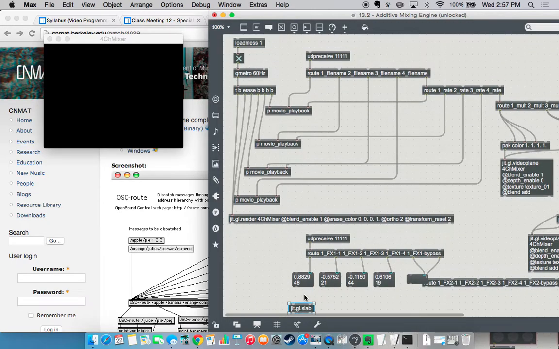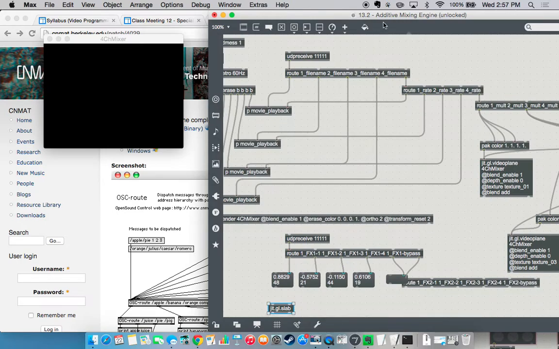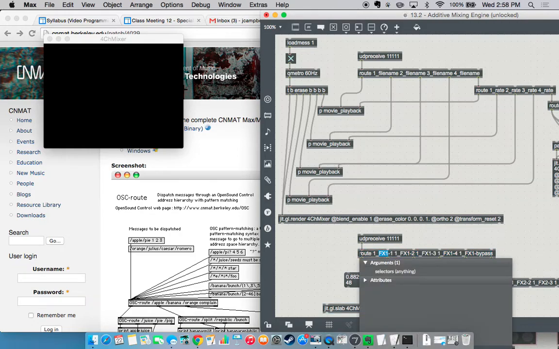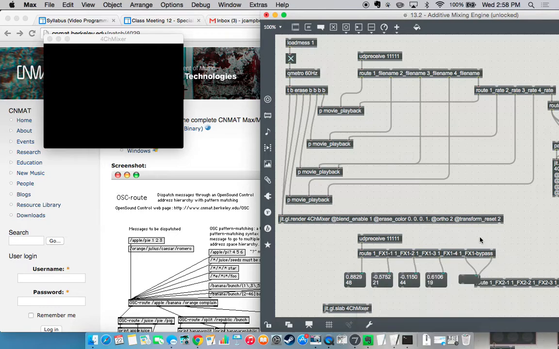And make sure you have it in the same universe. Right, JIT-GL render 4-channel universe. Let's put this 4-channel mixer, 4CH mixer. Now we can, let's see here. So, did we, oh, I know what we're missing. In this route, we're missing the shader. So, let's